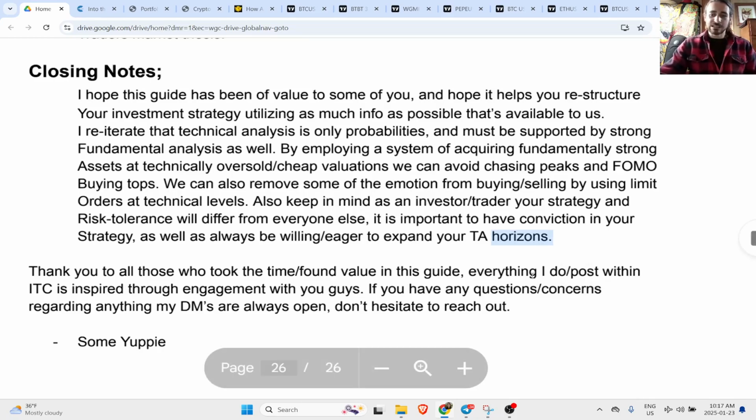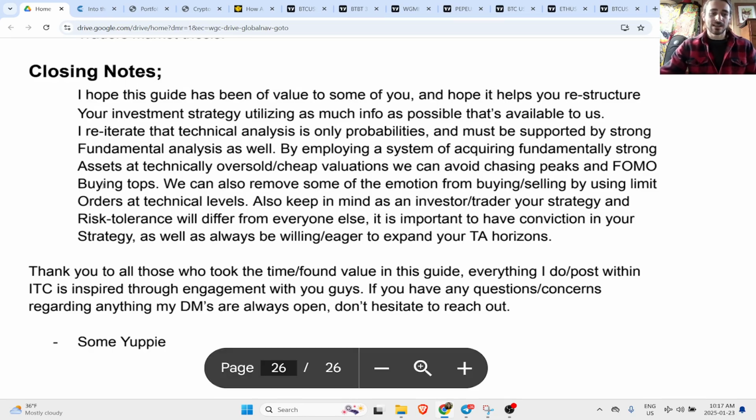So just by using this strategy of fundamentals first, backed by the technical entries, I remove all the emotion. I let the charts do the thinking for me, and then I just position myself and I'm patient and I wait. So as easy as it sounds, yeah, we're buying low, we're selling high, we're managing our emotion, and